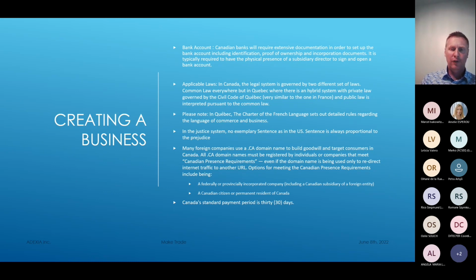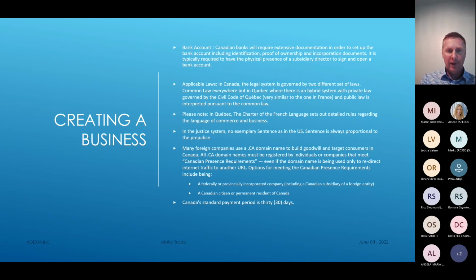So they ask for a lot of documents, and often they will ask the owner to come in person and sign the paper to officially open the bank account. So we sometimes in my company are being named as director of the company for a few months, just for the time that we can sign those documents ourselves. But yeah, they will require that someone comes in person to sign those documents. So that creates sometimes a little bit of a delay in starting the operation.